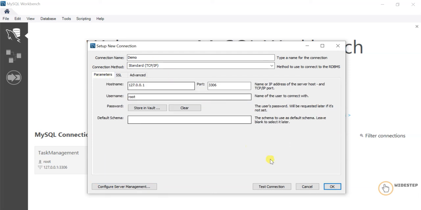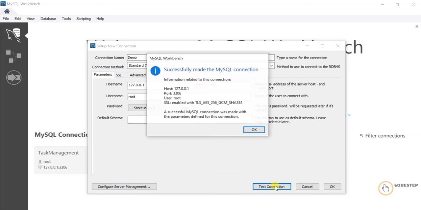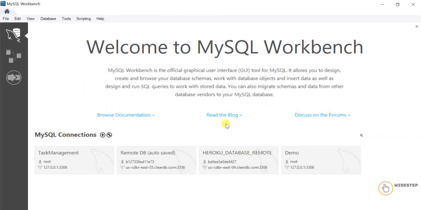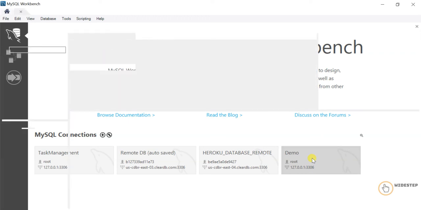and I'm gonna go to the parameters and test connection. Let me test the connection. Actually successful. Okay, so as you can see, these are information provided here, and then click OK, and you will find a new connection set here. Okay, so open that connection,